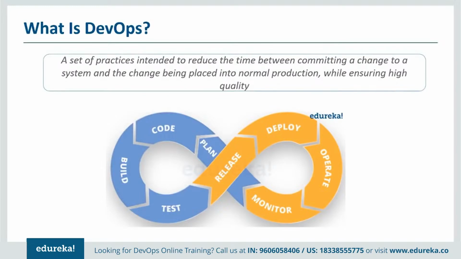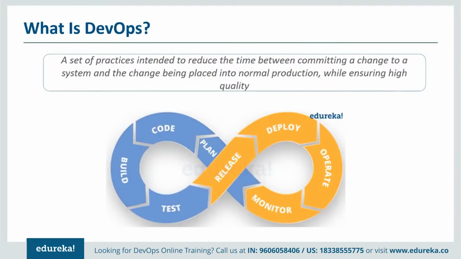Now when we come to the DevOps environment, these two sets of people have actually become one, which means you together do the development, you together put it into source control, you do the testing, and finally you do the release, the deployment, and the monitoring, because it's not just individual people, it's a team. Because if you have developed something, you know what is the best thing you have developed and how you need to handle that. So this is one area where the developers and operations come together and work as a team.